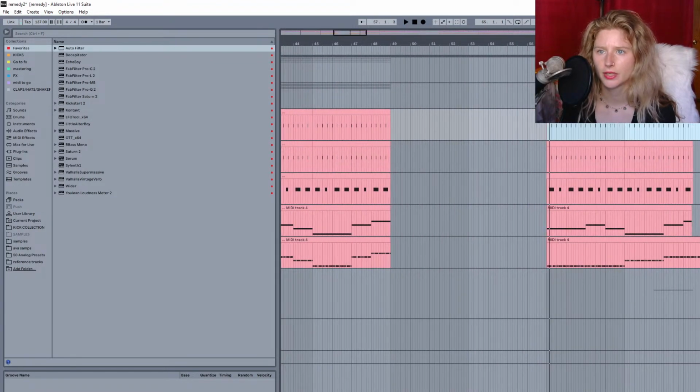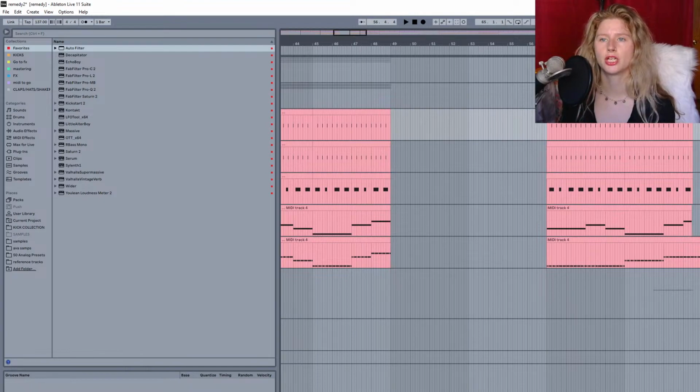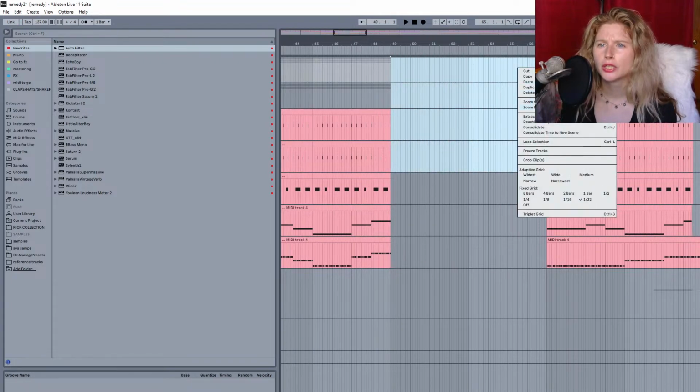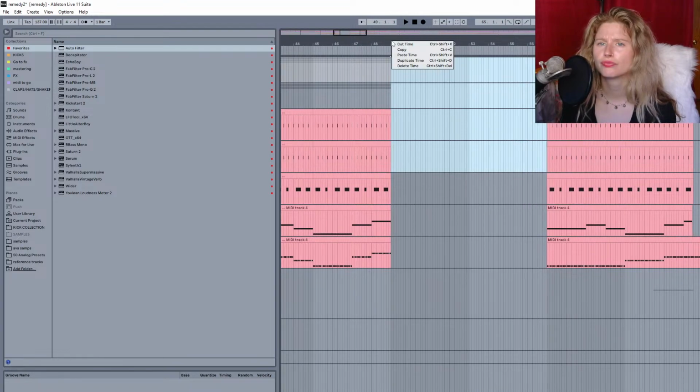How to like be like, I don't know how to do it though. Where you can change and delete. Cut time.